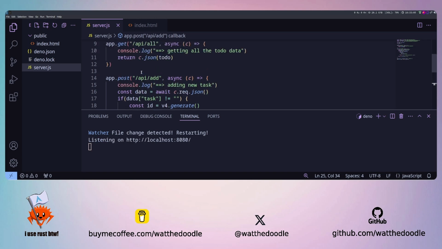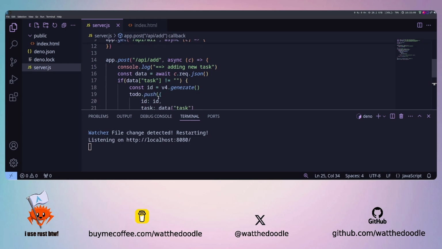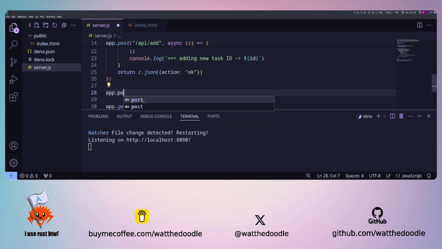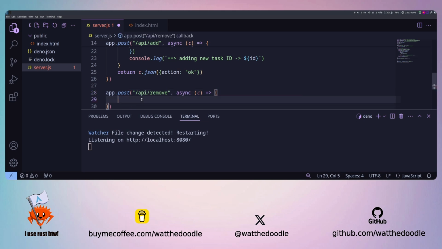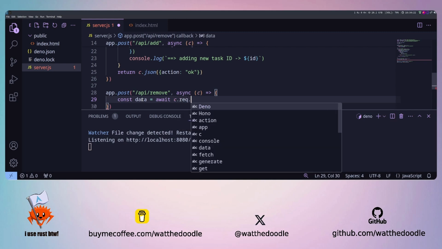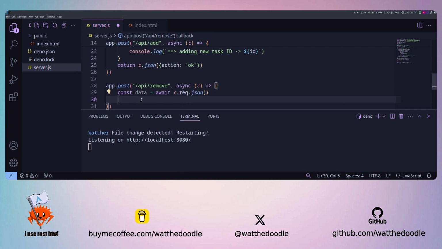So now we can load all of the to-dos. We can add one, and we would want to also delete tasks as well. So we would like to add another API to delete. We can just say app.post. This will be something like API/remove. And again, it's going to be an asynchronous handler. We take the context, and then let's get the actual data from the handler, and then we can say something like removing task,